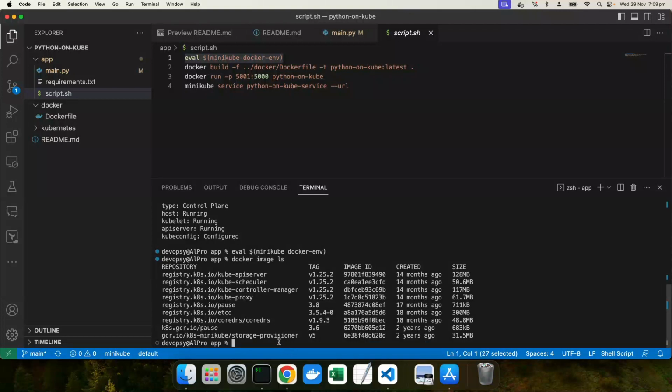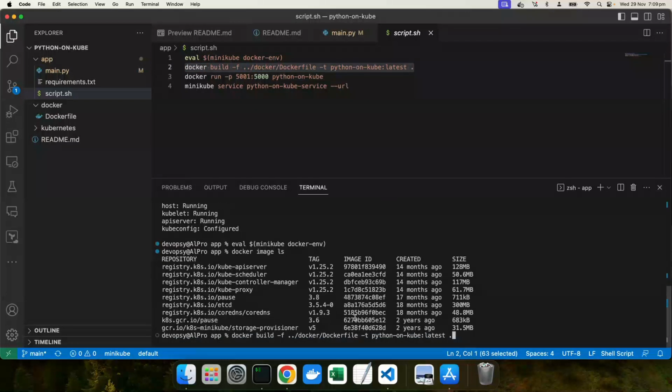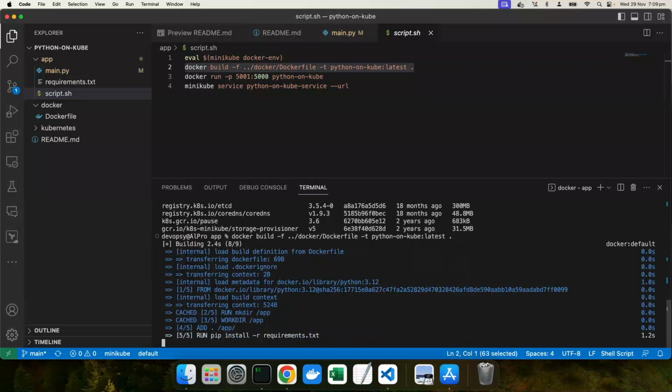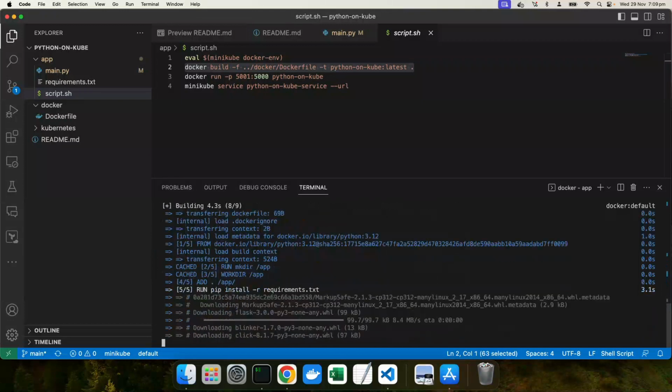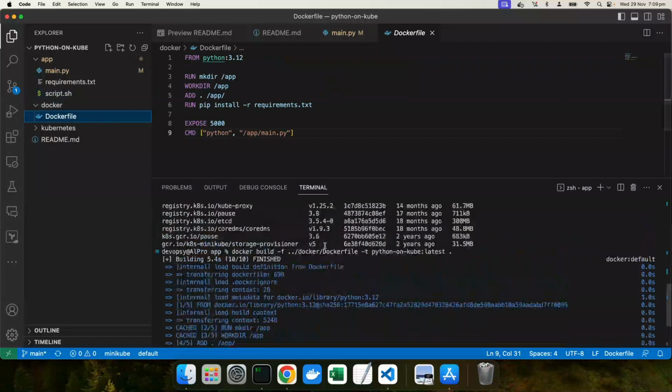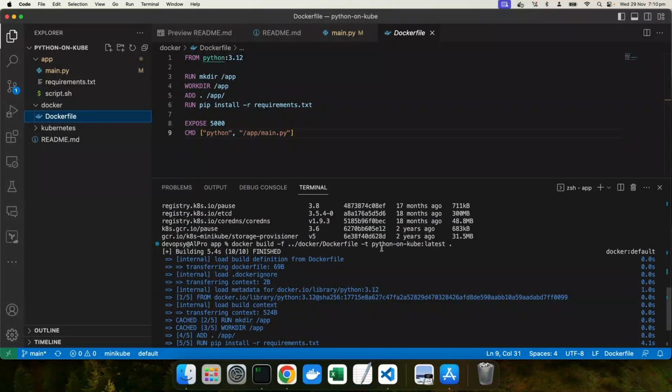So now what we're going to do is run our Python demo image. We're going to build this image using the same Docker commands. But what is happening is it's getting this image, but it is adding it to the minikube. So what this image did, if you see the logs,